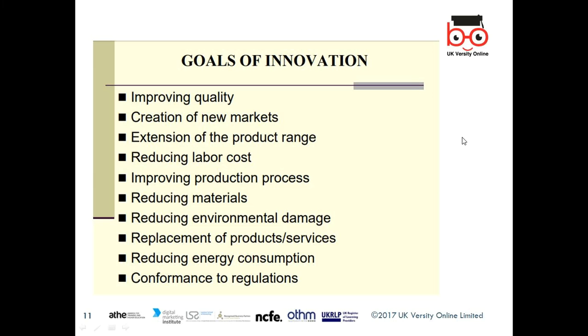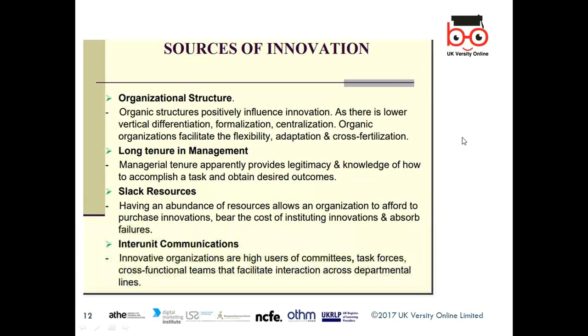Even China removed the restriction on immigrants to bring people from abroad to share knowledge, and that helps them further to sustain or boost their economies. So reducing materials, and reducing environmental damage, like the emphasis in China on coal electricity generation, which is now being replaced by renewables, more solar, wind and hydro. So replacement of products and services, reducing energy consumption, trends in regulation. So looking at more regulations in place. All these are quite crucial things.